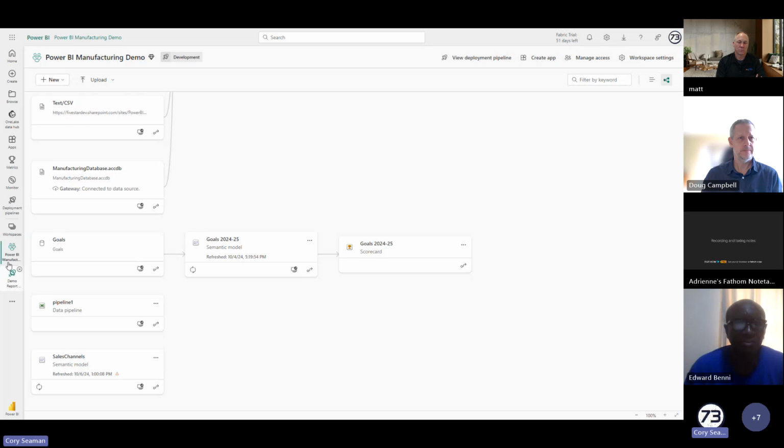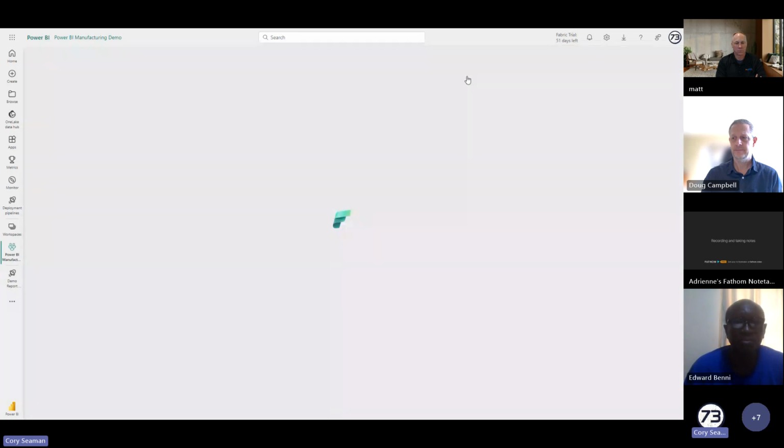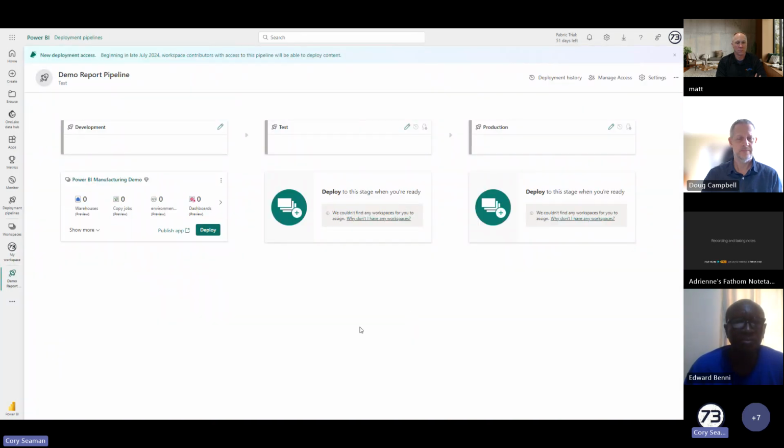Then when we look at the key entities in our Power BI workspace, one of the first ones it's important to look at is also a fairly new feature. We have deployment pipelines. These deployment pipelines are kind of a workflow for developing and staging content between workspaces. So, if you have a large organization that has a lot of reports or a lot of data related items to manage, or many people in the process of creating your reports, what you can do is you can actually